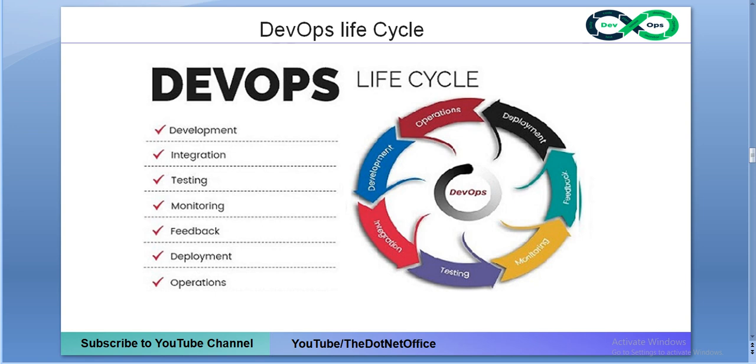So in this, as of now, we will understand briefly what all the steps are, then we will see all these stages one by one in brief. First we can see development. This development is continuous development. In the DevOps stage, the development of the software takes place consistently. In this phase, the entire development process is separated into small development cycles. This benefits the DevOps team by speeding up the software development and delivery process.